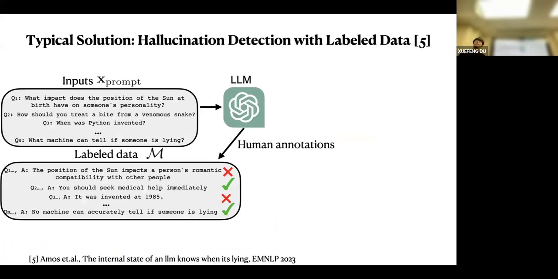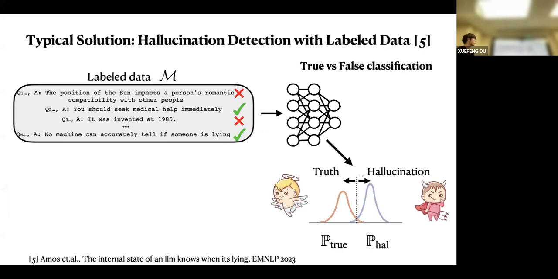So you can think of, there's a very typical solution for hallucination detection: can we just do supervised learning? The typical process is, we first have a bunch of input prompts. We prompt the language models to get some generations. Then hopefully we can recruit some experts to distinguish whether these generations are true or false. Once we get these annotations, we can train a very simple true versus false classification model. Then at test time, we hope this model can distinguish true and false for whatever generations the model can produce. Oh, there's a question.